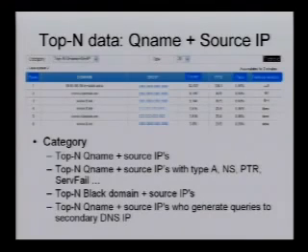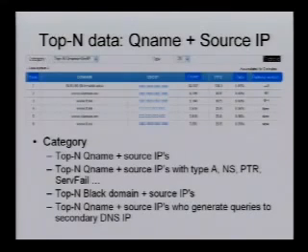This slide shows query name plus source IP. The category tab and query name plus source IP is a ranking of combinations of query name and source IPs. If one source IP generates the same query continuously, it will be ranked very highly. Tab and query name plus source IP to type A is a combination of queries to type A and source IP. Tab and black domain plus source IP is a ranking of